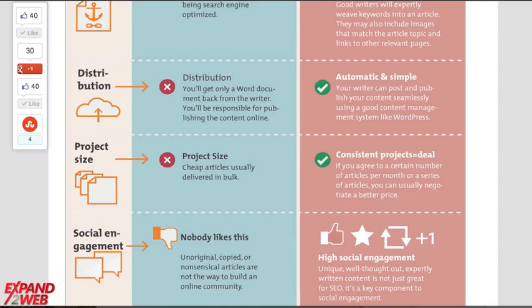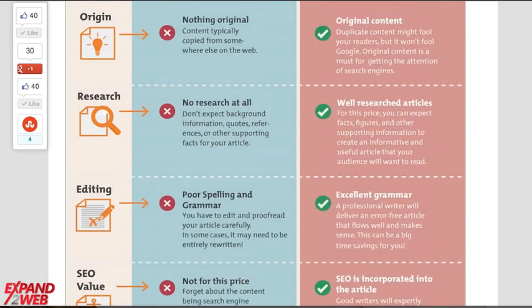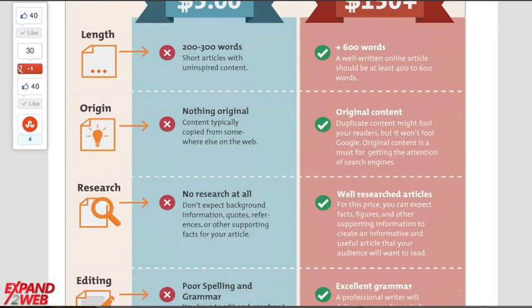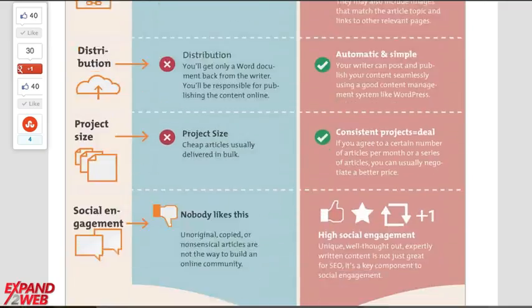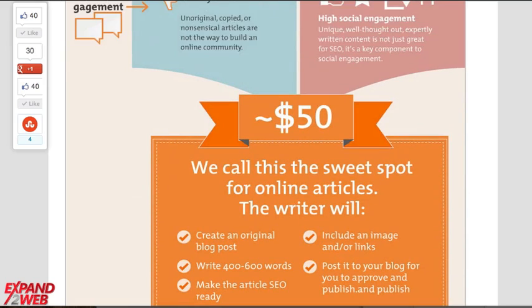And so ultimately, what you're looking for is a well-written article that puts your point of view out there that people are going to engage with. More and more, the ranking factors for Google include engagement over social media and comments and likes and plus ones and things like that. So you've got to write an article not only that's unique, but that's compelling. And for that, you're going to pay money. What I have found is, I've paid $125, $150 for articles before, but not all of them have to be that way. So what I found is a sweet spot for an online article.